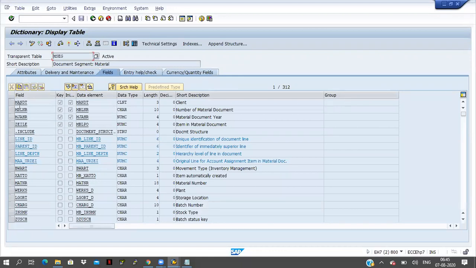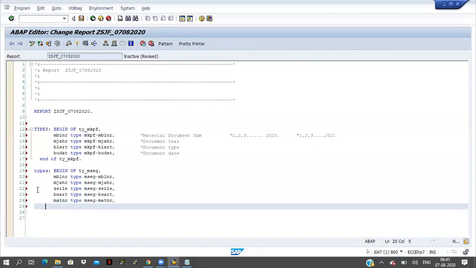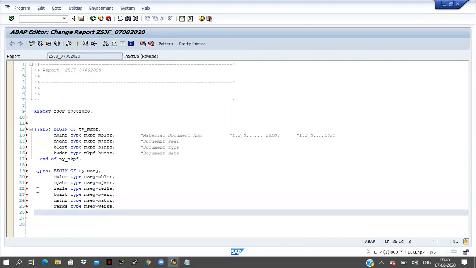And here MATNR type MSEG-MATNR, and plant WERKS type MSEG-WERKS. I'm just taking some of the fields like this, and end of ty_MSEG.